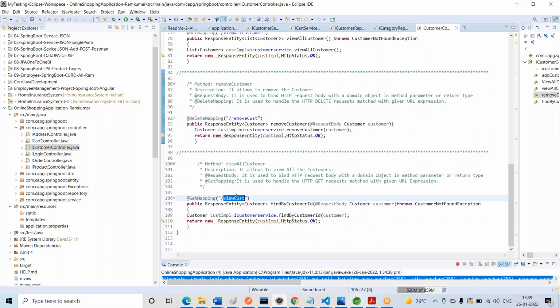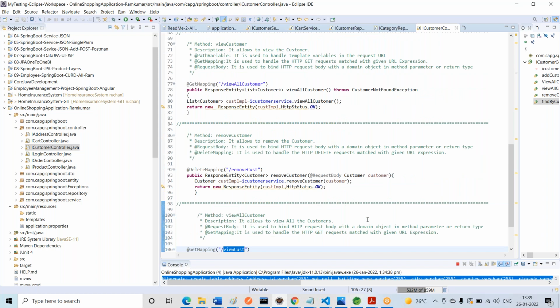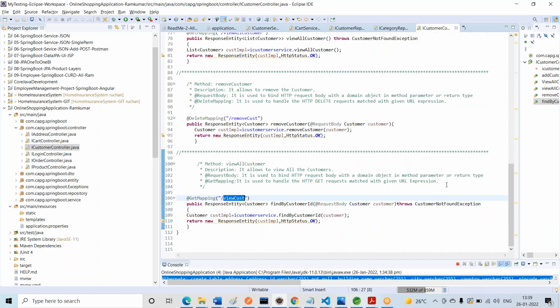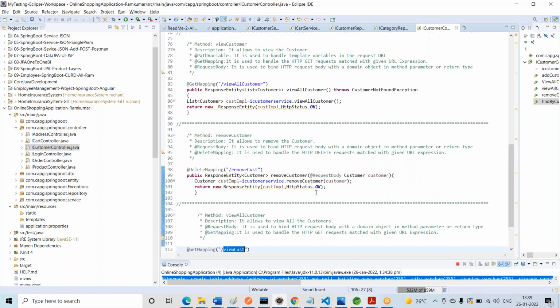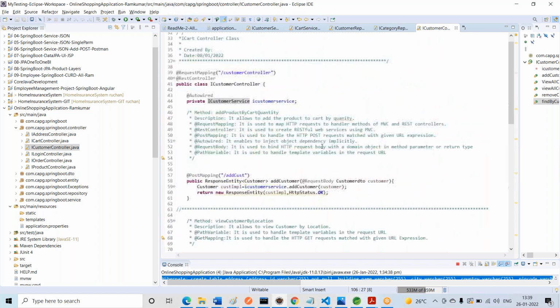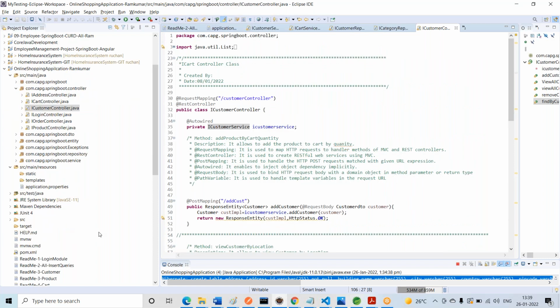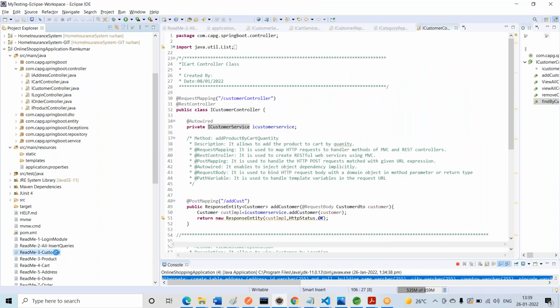So these many methods are there. The execution process is also the same.